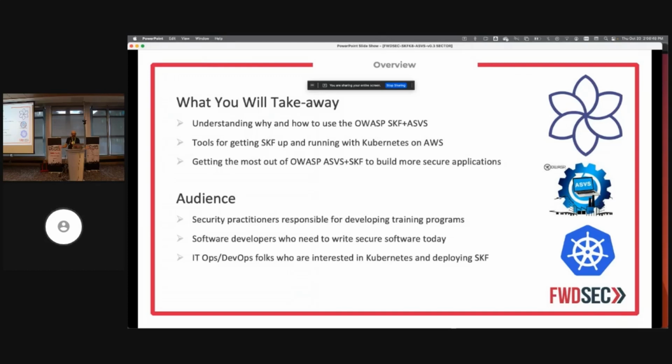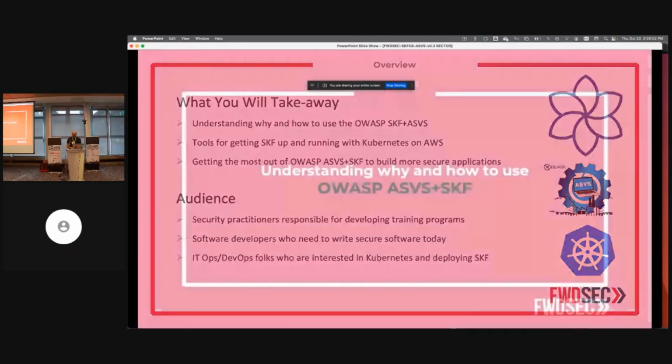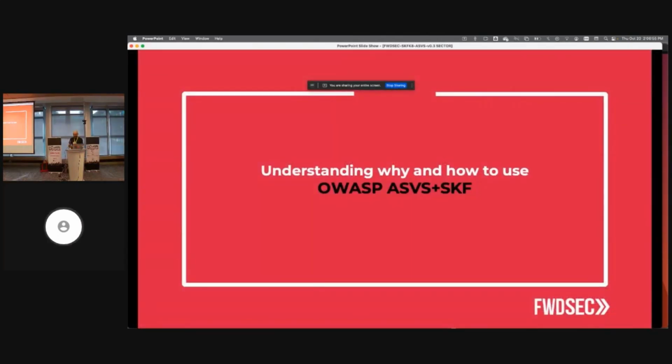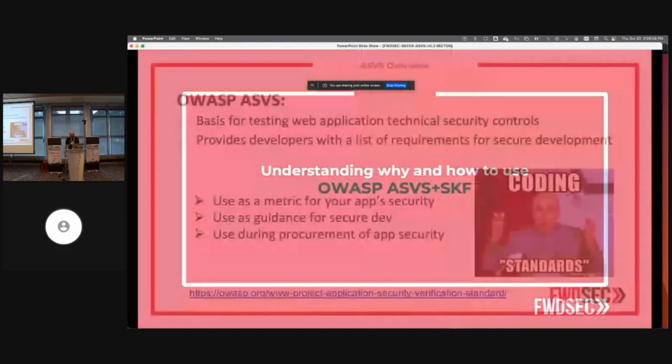and IT and ops folks who are interested in Kubernetes and deploying the Security Knowledge Framework. Why and how to use ASVS and SKF. And we'll do a bunch of demos and things like